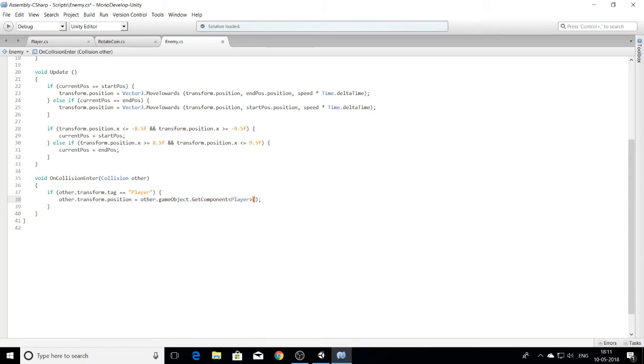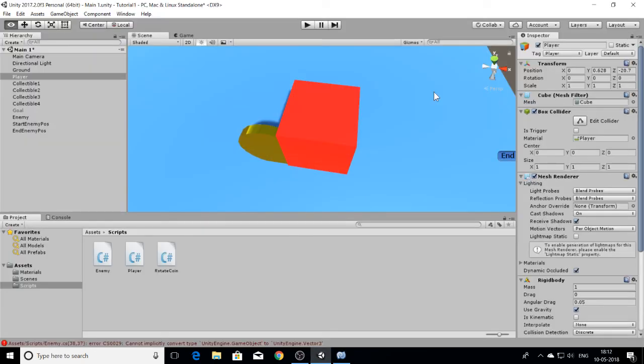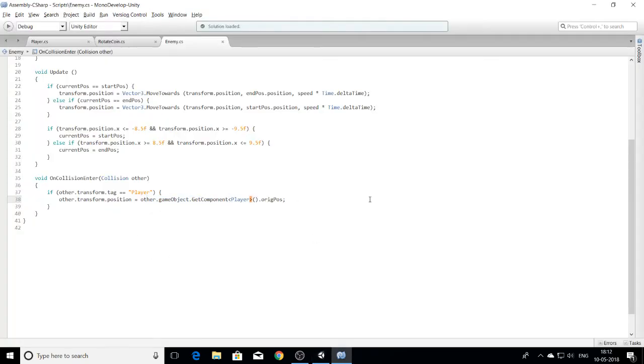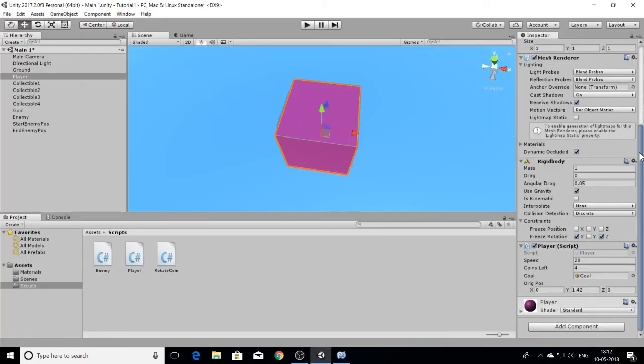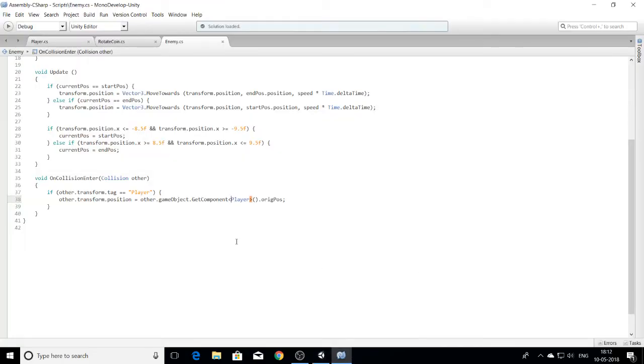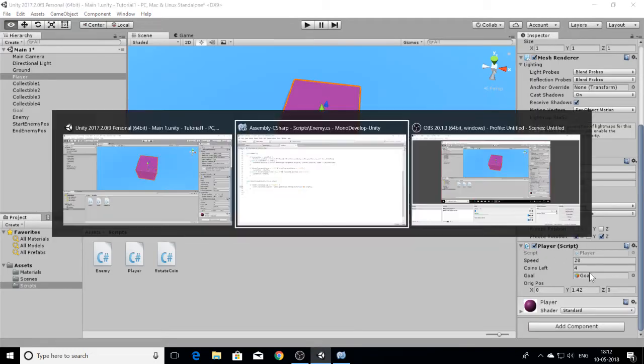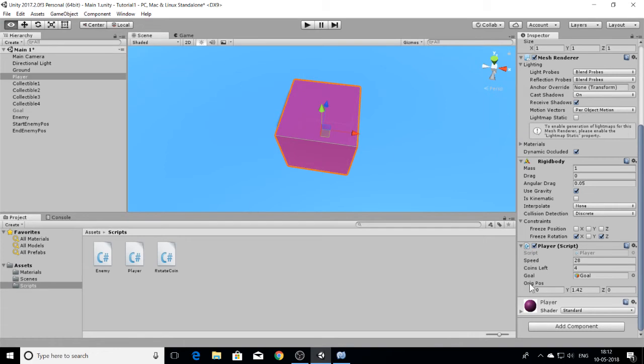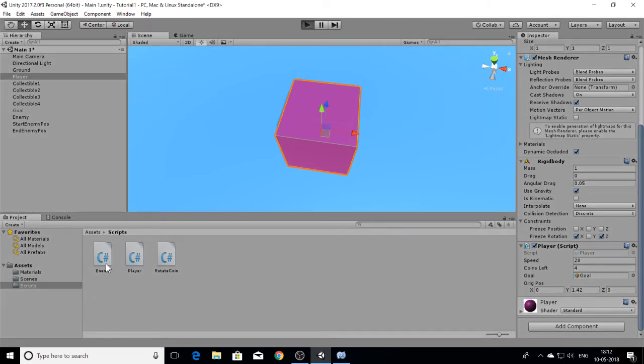Let me put parentheses and then a full stop, and I'll write origPos. So what this line means is: other, which is the player, is saving the transformed position, which would be equal to the value of origPos. So it is other, which is the player as a whole, dot gameObject, which is the game object of the player, GetComponent Player, which is this script, origPos. So this variable I will get access to, and when I play the game,